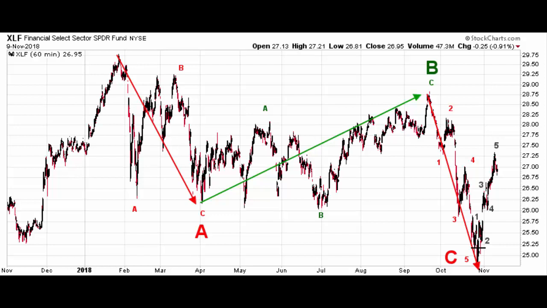We just had a brutal decline in December. When that move happened, that was a C wave. If you looked at the headlines at that time, the mainstream media was talking about how the end was here, how the bear market was back, how everything was kind of the end times and things like that. That is because C waves, these ending waves, are designed to do that. They're intended to scare the heck out of people because they're quick, they feel trendy, they're very sharp, they move